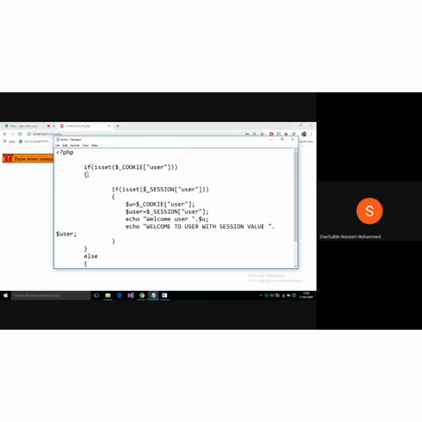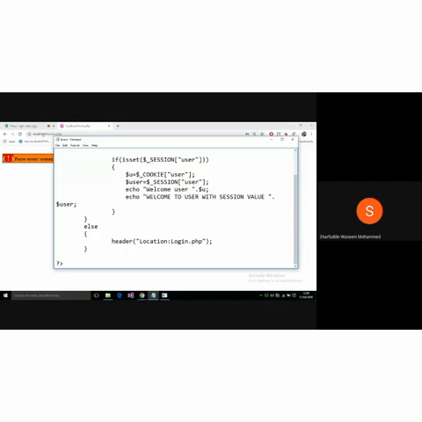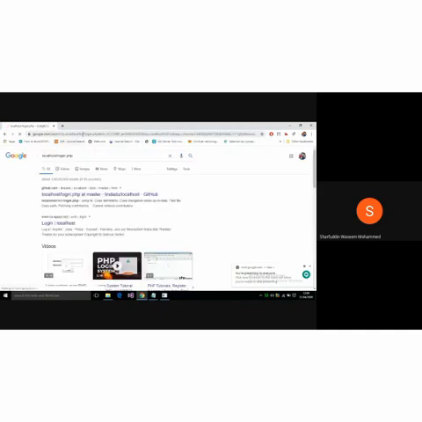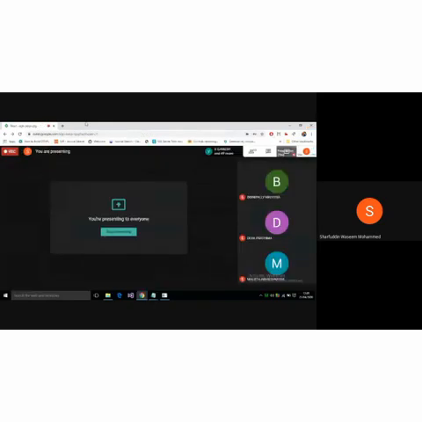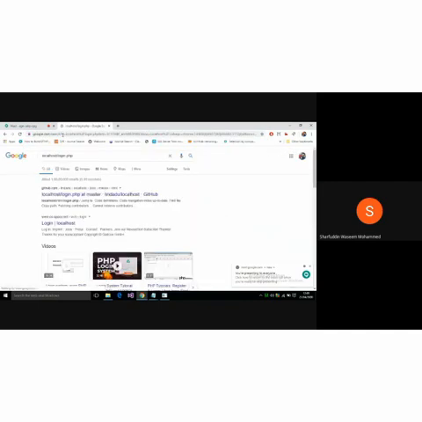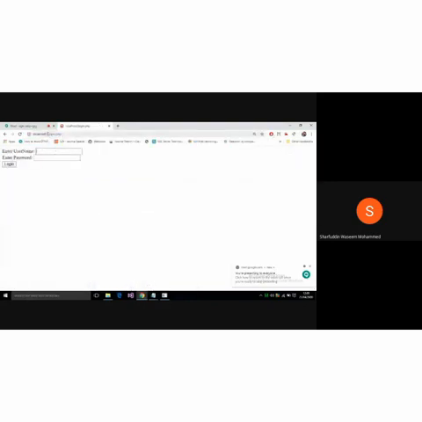This is the closing of this, and there is an else part. Again I try to run localhost slash Login, with a capital L, because it is case sensitive in your URL bar. Your page name should be exactly as it is. If you misspell the name, then your program will not get executed.